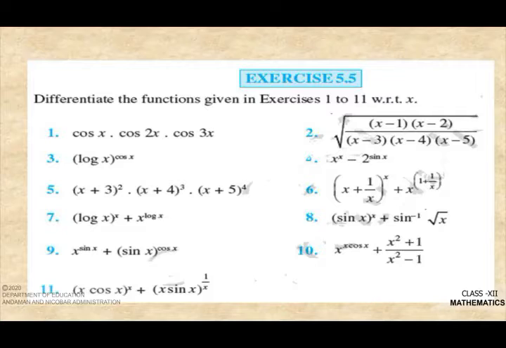Now you can see exercise 5.5. In my previous class I discussed type 1 questions, and I gave you some work also: first question, second question, third question and fifth question. Hope you all have done. Today I have explained type 2 questions, and the same type of question is there in the 5.5 exercise also. So the 4th one, 6th, 7th, 8th, 9th, 10th and 11th you do as homework. It's the same type of question. You have to take u and v separately and do separate logarithmic differentiation, and solve.